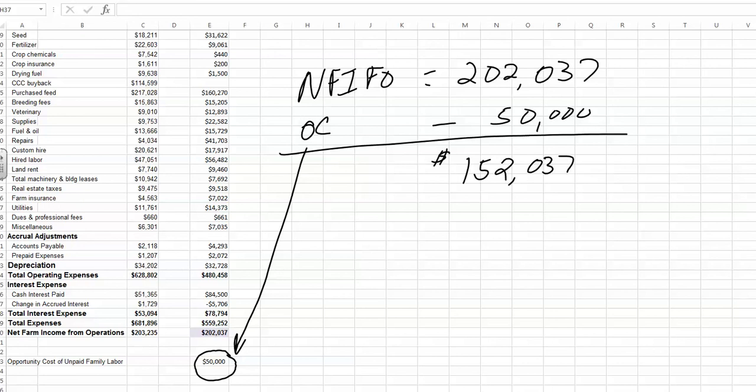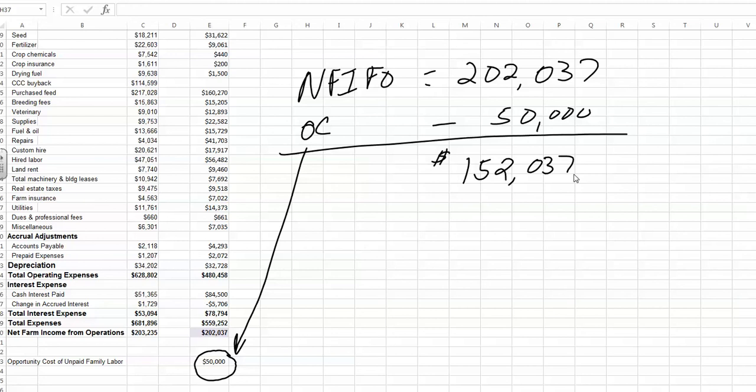This is the second in a series of videos showing you some of the instructions on how to set up the net farm income before you can actually begin to calculate rate of return on investment or the rate of return on equity. I'm starting this one where the last one left off. I've shown you the net farm income from operations and then the subtraction of the allocation for unpaid family labor. So now we get this net farm income from operations after we charge for some unpaid labor of